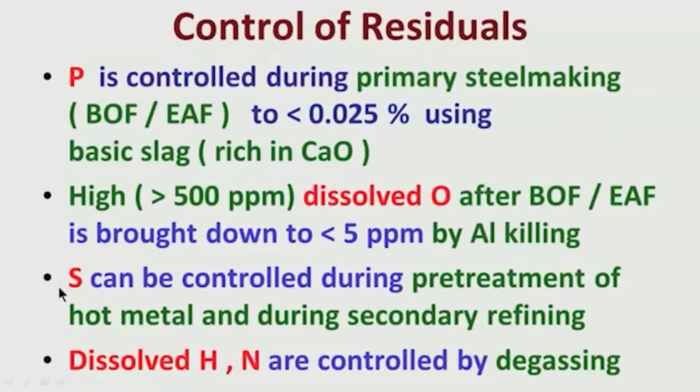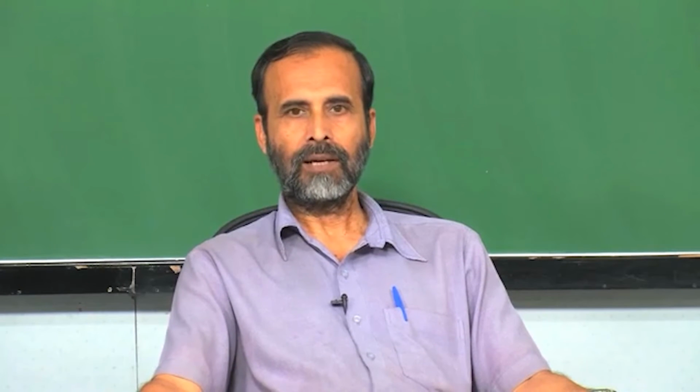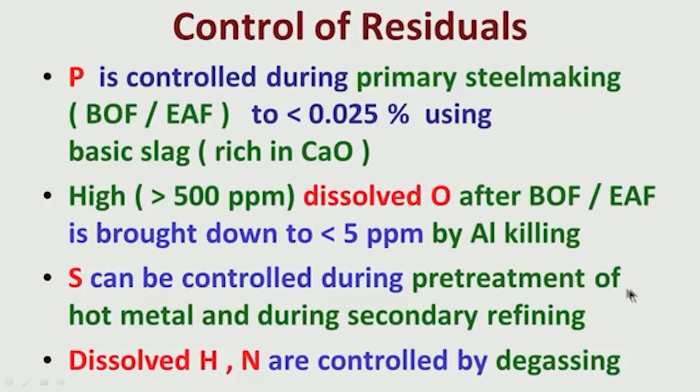Now, all of you will recall I have talked about sulfur being an important residual in steel, and this has to be brought down. How do you bring it down? Not at the primary steel making stage like phosphorus. Sulfur has to be brought down in the pretreatment of hot metal itself. That means it has to be brought down at the hot metal stage, either in the blast furnace or when you take out hot metal from the blast furnace, before we put it in primary steel making like BOF or EAF, at the pre-treatment stage of the hot